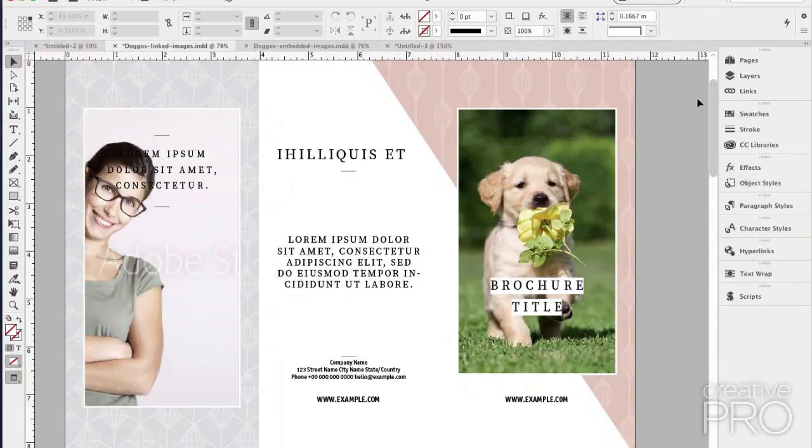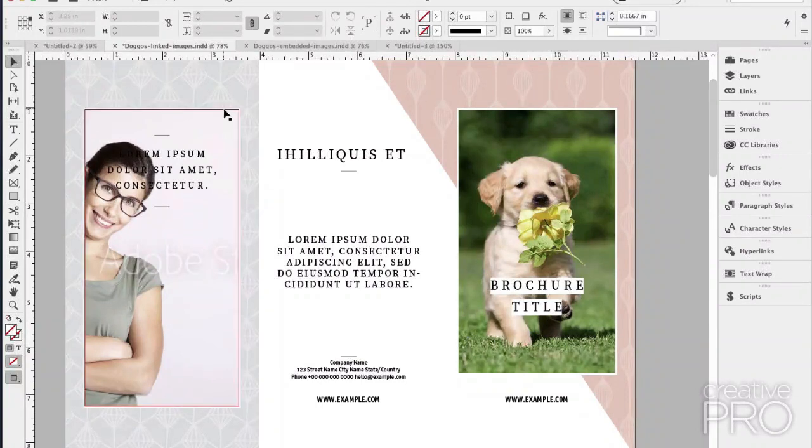It was crashing. Anyway, I found out that the reason they were embedding all those images is because some person had told them years ago, because they're having so much trouble keeping track of all their linked images, just embed everything. Then you don't have to worry about it. Right. It's true, but that's probably taking it a little too far. So some people don't know what I'm talking about as far as embedded images are concerned, and I just want to kind of go through the basics of that.